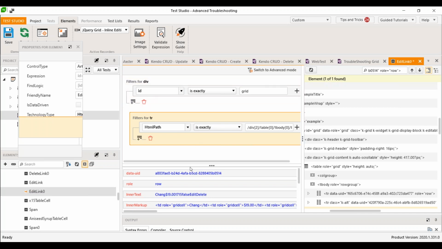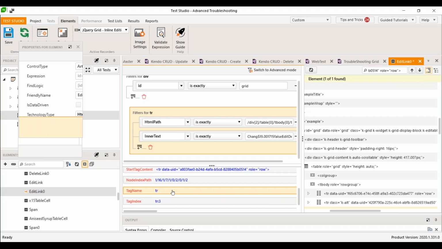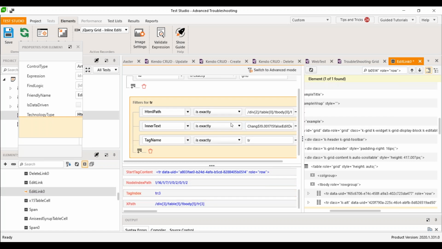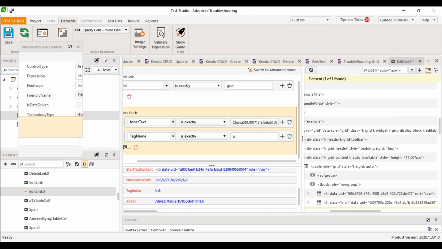For the sake of time, I'm going to fast forward and tell you that the best practice here, like in such a grid, is to use inner text, which contains, as you can see, all the values, right? And what else do we have? We also have a table row here as tag name, which will render our HTML path useless. Right here, I can either use isExactly in order to get all the values, or use the contains operator. I can change this to Chang